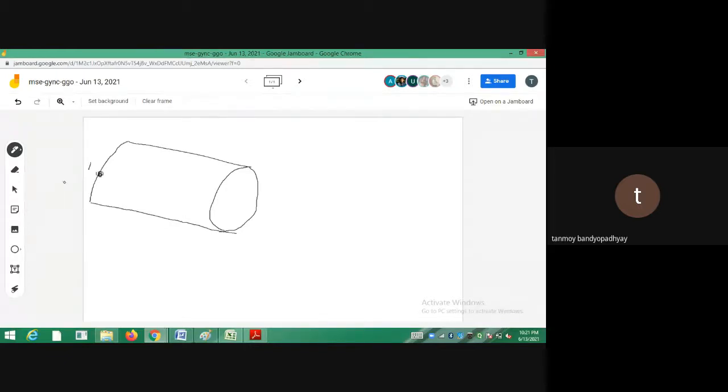So it's fixed at one end. Let's call it A, or it was O. Suppose initially it was something like this. Let there be a point A, and it moves to a point A prime after it is subjected to a torsion, capital T. Let this be the center of the shaft, O.